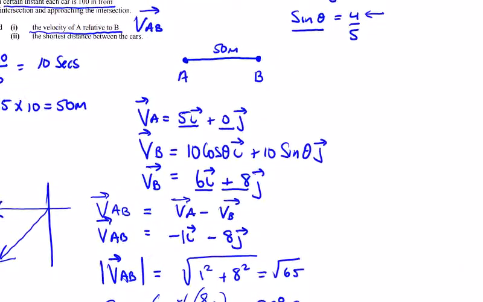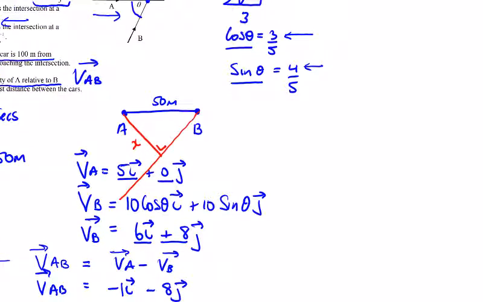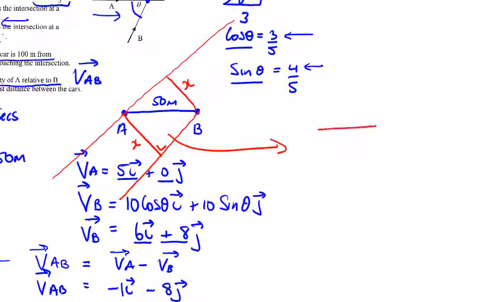And then the shortest distance between the cars is the second part. Okay, let's do a diagram for that. So it was negative, the velocity of A relative to B. Now we can bring it down. We could do it like this, bring it down like this, and have the shortest distance here, B and X. Or we could go this way, it's coming down the same direction, or we could have the same diagram with the shortest distance here, B and X. So let's take out one of them. So we have it going down this way,